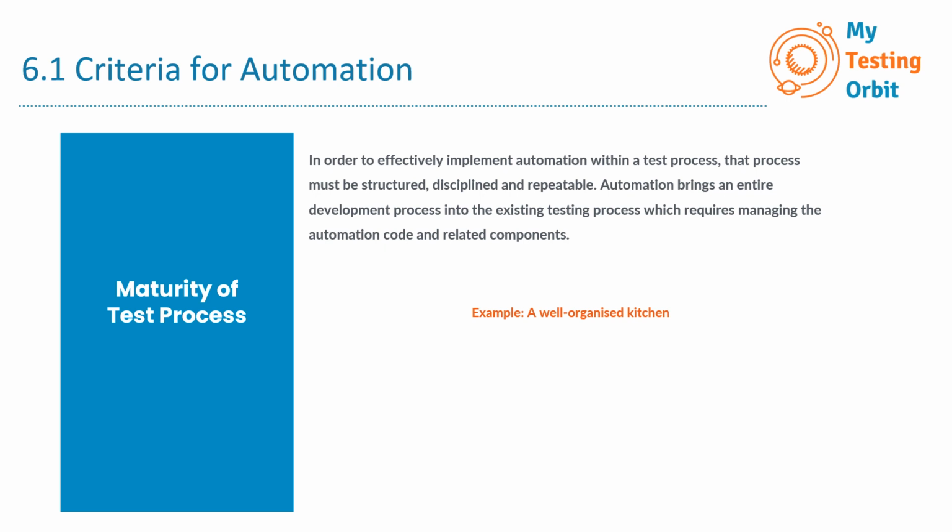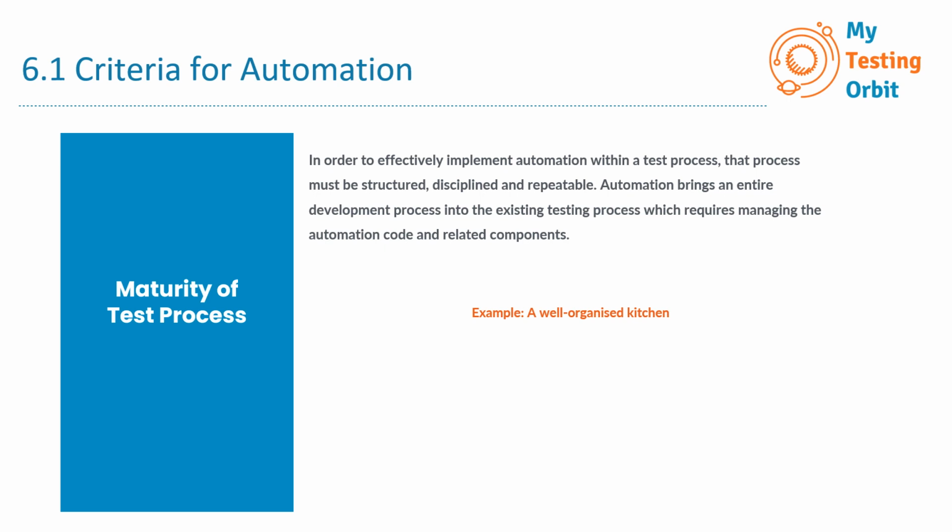Now, if you decide to introduce a new kitchen gadget like a high-tech blender into the cooking process, that's similar to introducing automation to your testing process. It's a tool that can make your work more efficient, but it needs to be managed. So for example, if you are making a smoothie, you have to use the blender correctly and at the right stage of the recipe. If you blend too early or too late, then your smoothie won't turn out as expected.